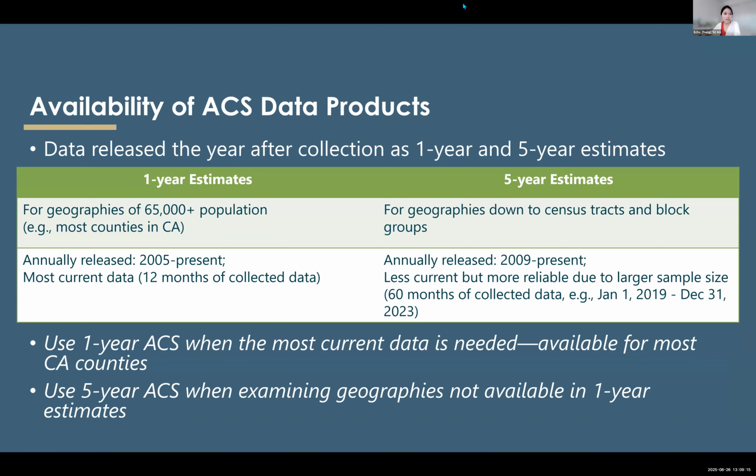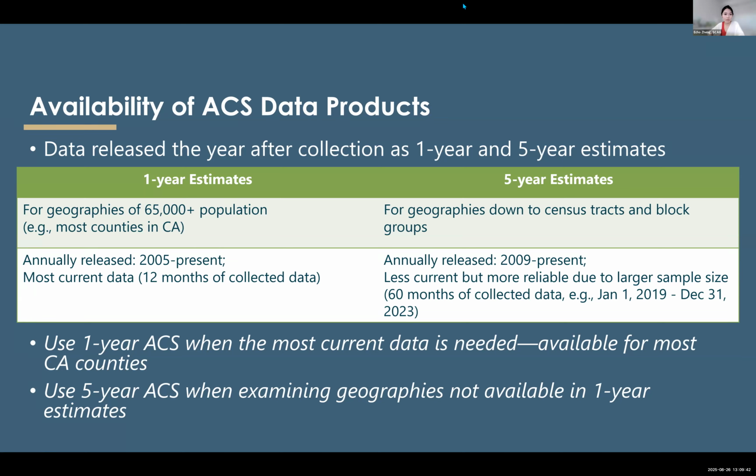There are two key ACS products. You might have heard of the 1-year ACS, and then sometimes people say we use 5-year ACS for this study. Why is that? The key difference in these two data products is in the geography availability. So the 1-year estimates are available for geographies of 65,000 or more in population.